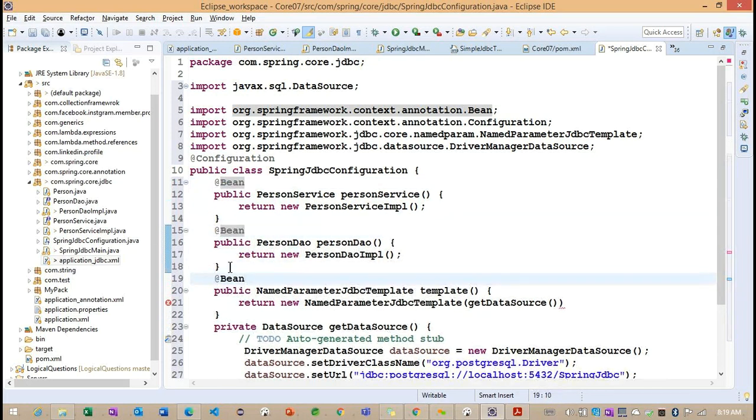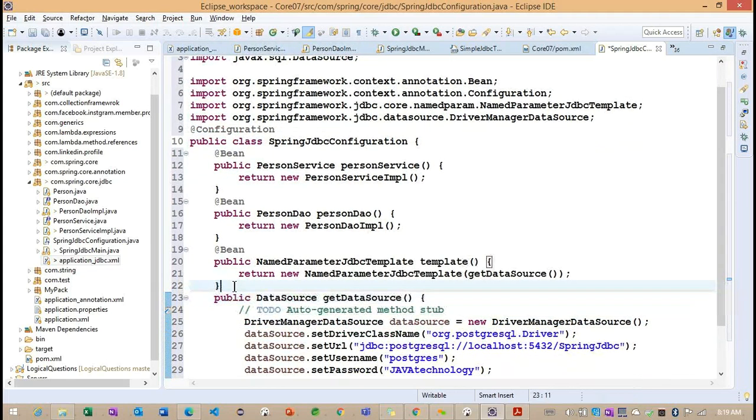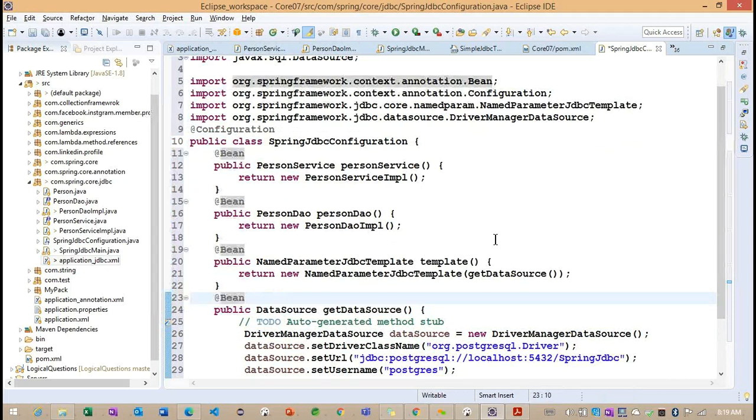Here also, I want to provide Bean. These are the main objects we created. Okay, let me save the example.